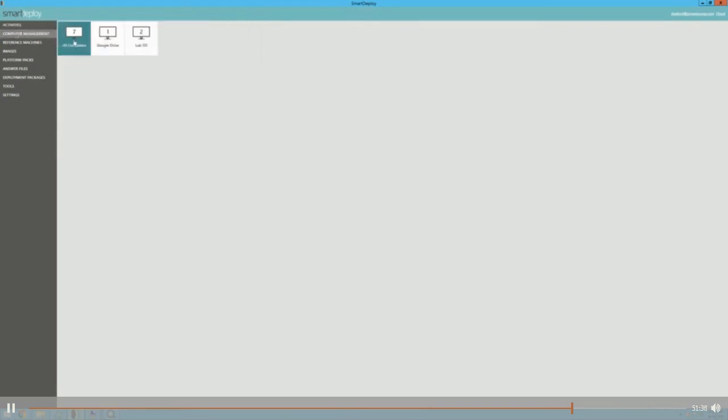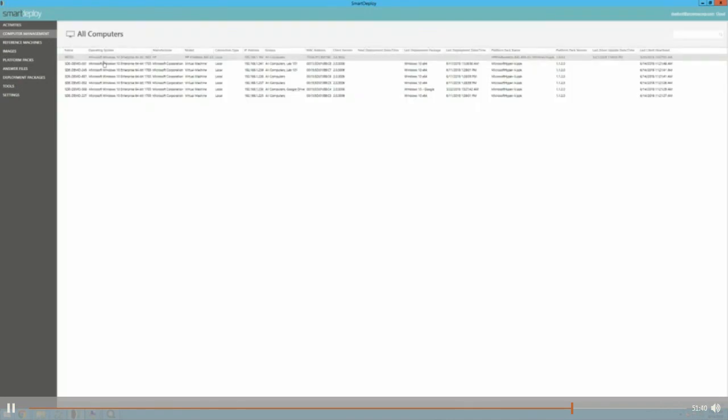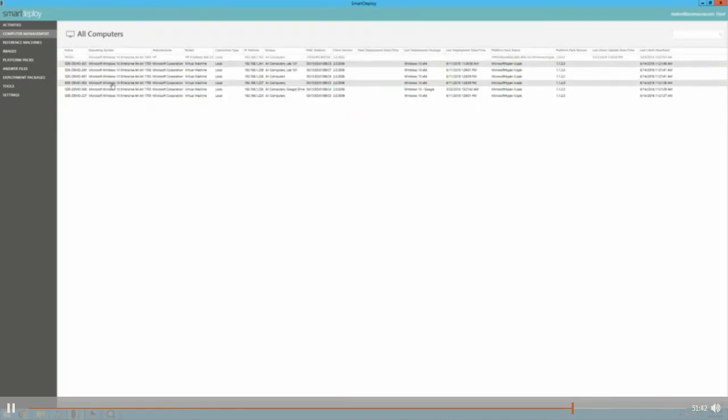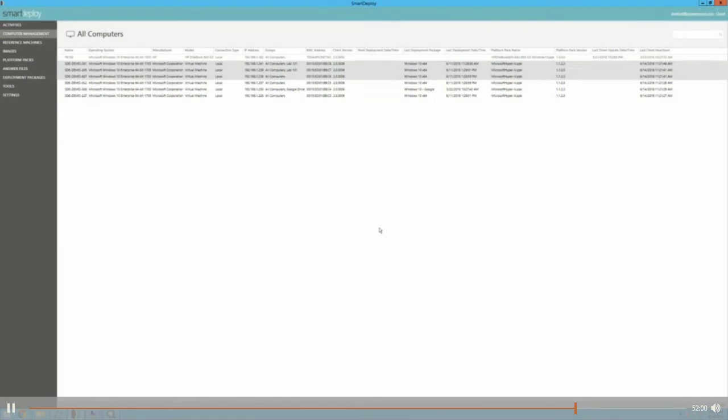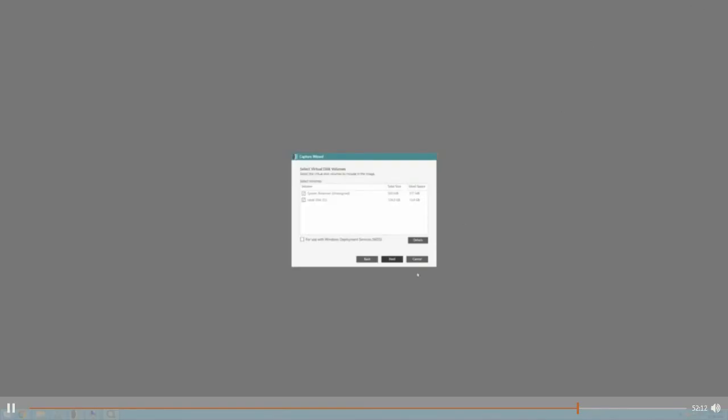One last quickie thing to point out. I've got this computer management section where, let's say you want to push some images out to some machines. Well, great. You can just select a collection of them, and it's really right click and hit deploy now, or schedule that at some point in the future. We'll deploy now, and pick what I want to deploy. We've got Wake on LAN built right in. We've got multicast built right in. It's all ready to go. Confirm that, and that would basically push the image out to those devices. So that's just a quick demo of a couple of basic things on the product itself.